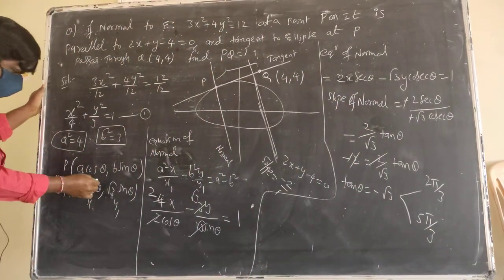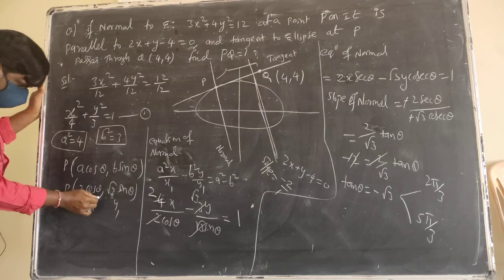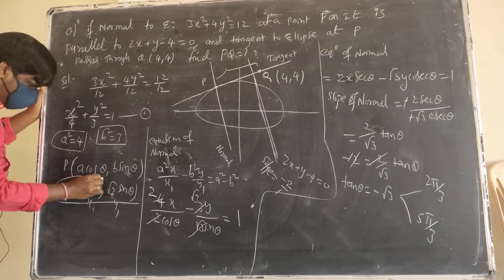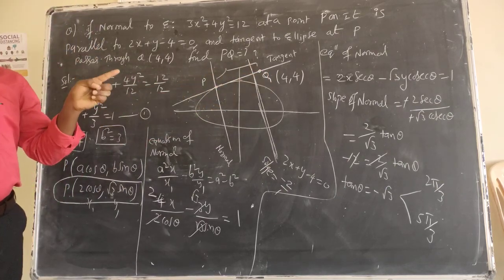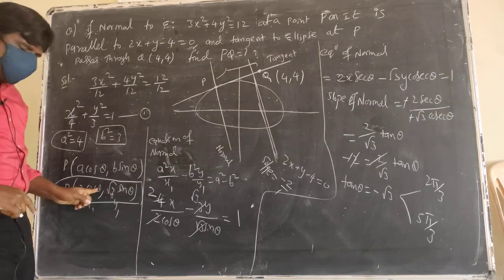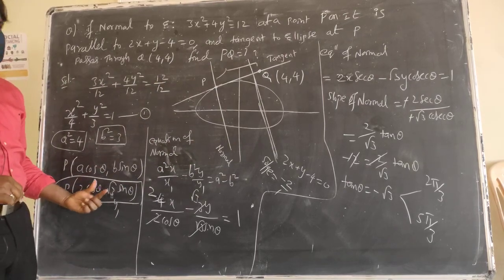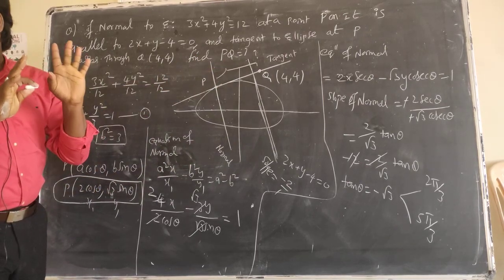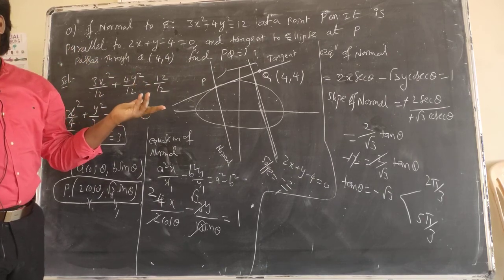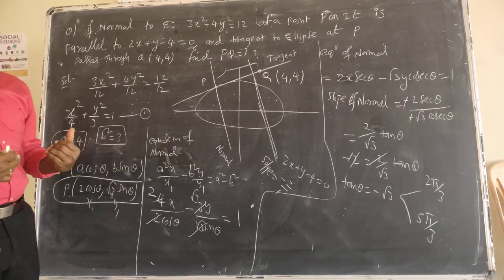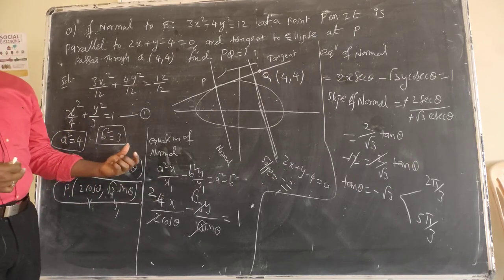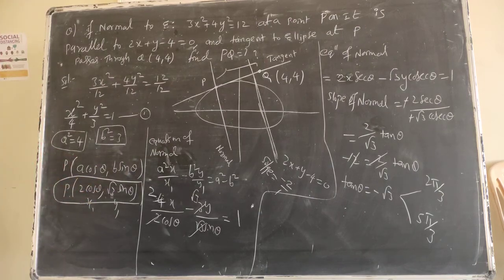If you substitute 2 pi by 3 here, I will get the p value. And already I have q, we will find the distance formula. If I substitute 5 pi by 3 here, I will get the p value, and already q is there, we will find the distance formula. Which option is correct, that we will tick out, because only one option is correct in JEE Mains. So we will find the point from this. So how to find the point here? Okay, you note down, after that I will explain.